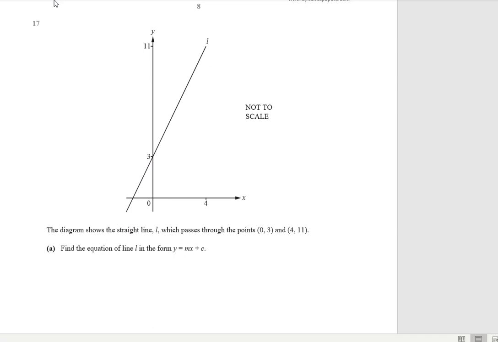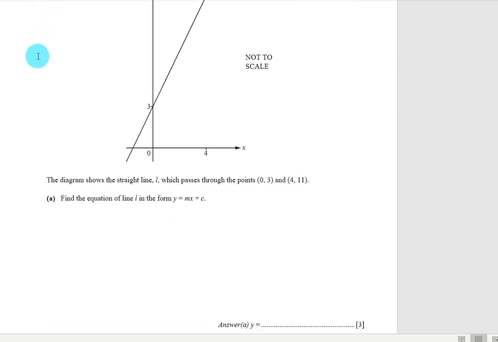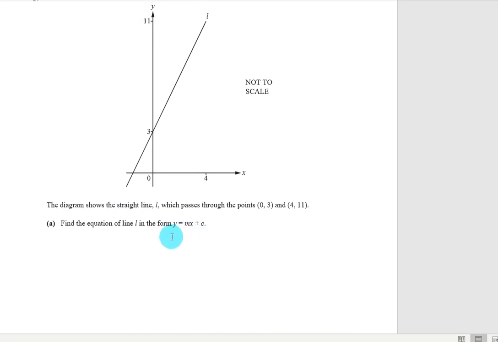Find the equation of line L in the form y = mx + c. To find the slope m of any line, m equals y2 minus y1 divided by